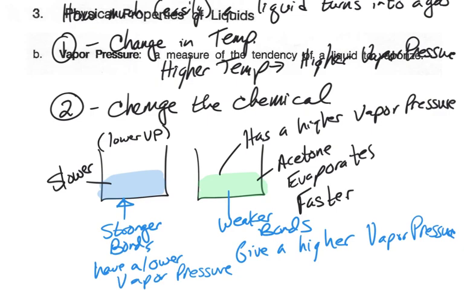Okay, so higher vapor pressures come from higher temperatures and weaker bonds, weaker interparticle forces. Okay. Any questions so far? So why do we care about the vapor pressure? And that's going to come up in the next